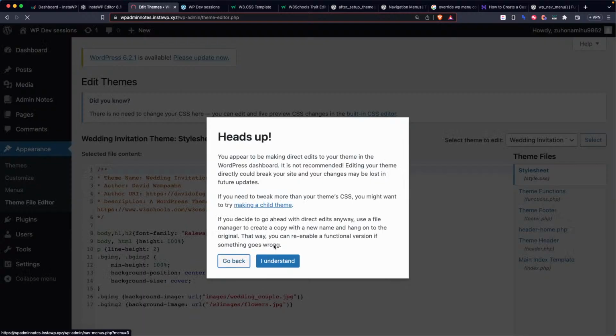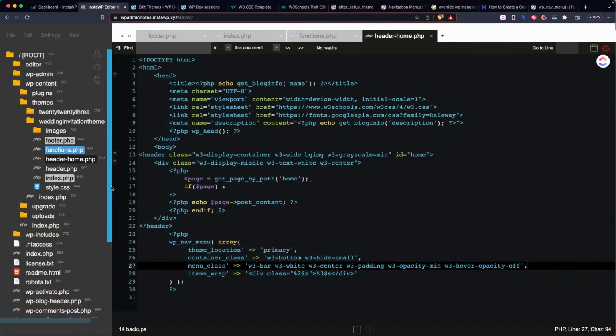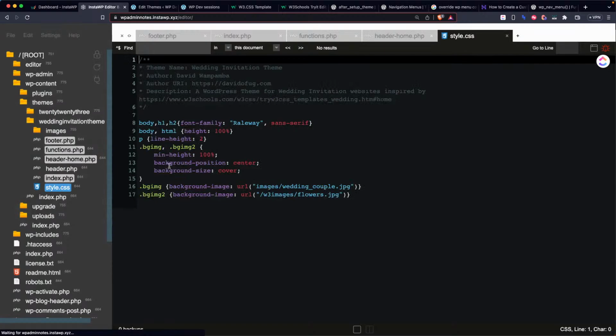You can edit it, but because we are not extending the theme, we are building it, we shall retain our own. You can see they give you a warning, but your style is here and your theme is here, which is the one that has been activated. And usually this area can bring problems. So what we can do is to go back to our editor, open the style from there, and come up with a class that will specify those,